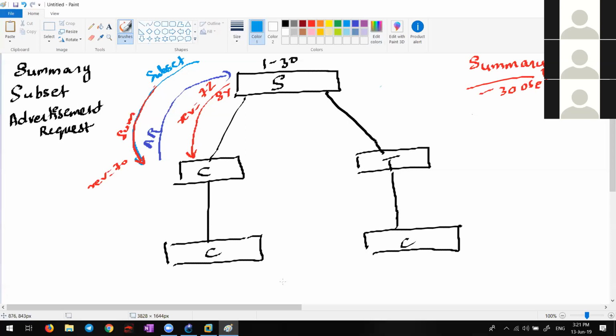Now let's say I'm bringing a new switch from my branch office, which has the same VTP domain name, VTP password, everything. But the other branch is using different VLANs. In my company, I am using VLANs 1 to 30. Maybe in my company's branch office, they are using VLAN 50 to 80.